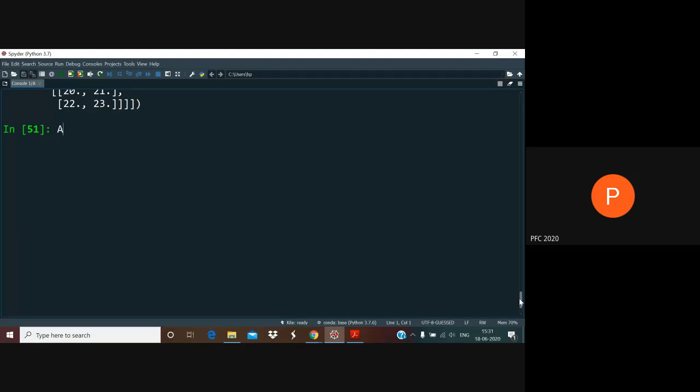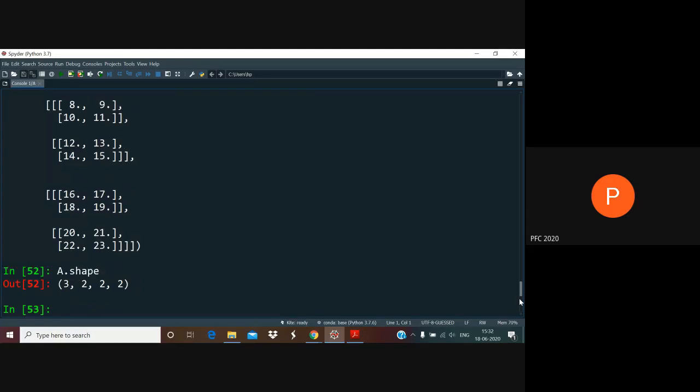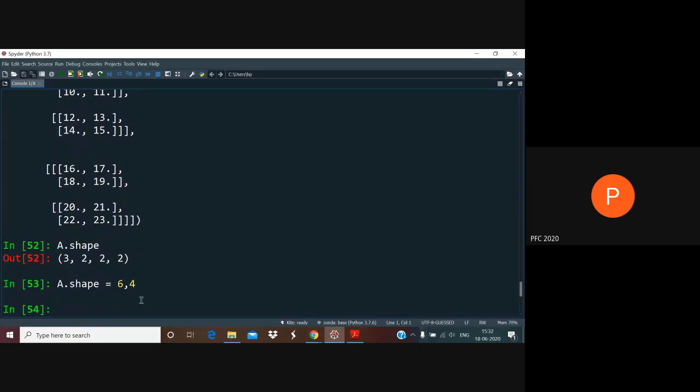So now, of course, I've created an array which is 4-dimensional. I can change the array shape back to, let's say, 6, 4. By the way, I did not really need to put a round bracket around this, as has been stated several times earlier.